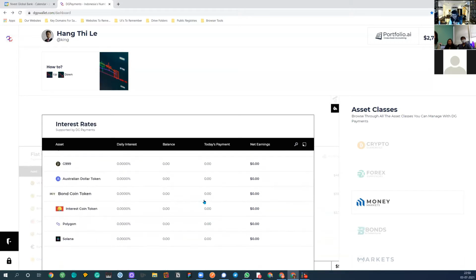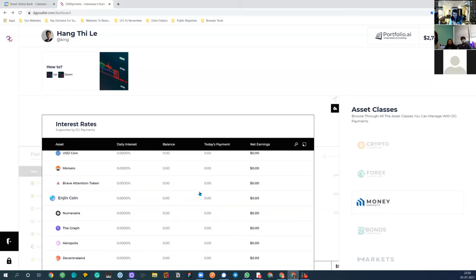So this is a pretty big feature because this allows you to earn interest without locking in money or without